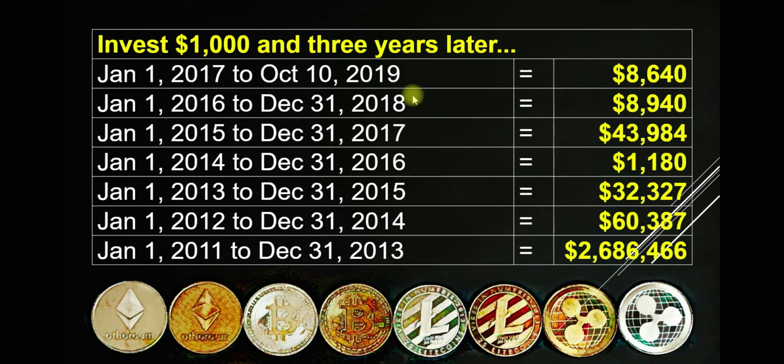But before I get to that, let me tell you about this chart. You can pause the video and watch this chart in detail because I'm not going to go into detail with it right now. But by pausing the video, you can go into detail with it. If you invested $1,000 into Bitcoin, and 3 years later sold your Bitcoin, here's what you would have made. So if on January 1 of 2017, you bought $1,000 of Bitcoin and then you sold your Bitcoin on October 10th, 2019, you would have made